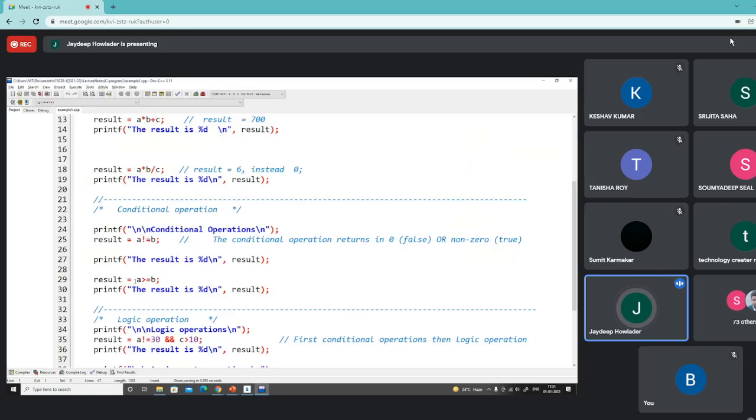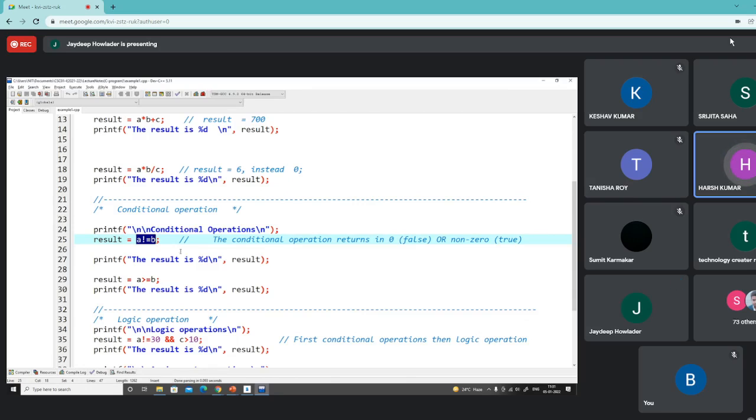The result is basically we first evaluate the right hand side. So the right hand side is basically a true. So true is having the value of 1. So result will capture the value of 1. Understand? So look at that, A and B are not true and false. A and B are some values, meaning it may be an integer, it may be a float. But this operator returns a true or false.